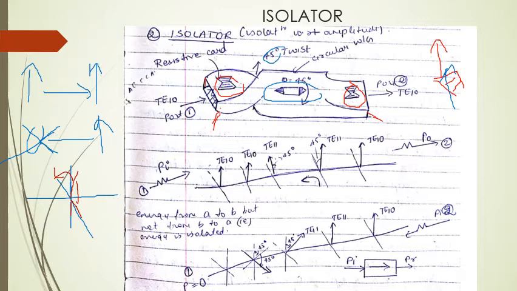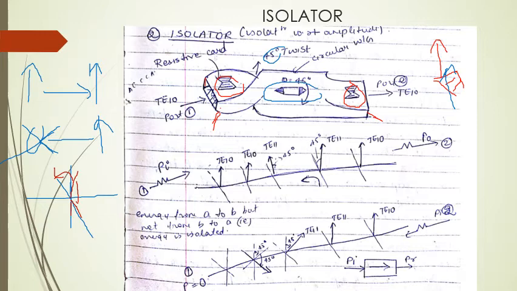Okay, now let's start with the working. Please note that we are going to have the mechanical twist having 45 degrees anti-clockwise direction whenever it is moving from port 1 to port 2. But remember, it is a mechanical twist. If it gives anti-clockwise when moving from 1 to 2, moving in the opposite direction will give a clockwise twist. Now I'll explain it.